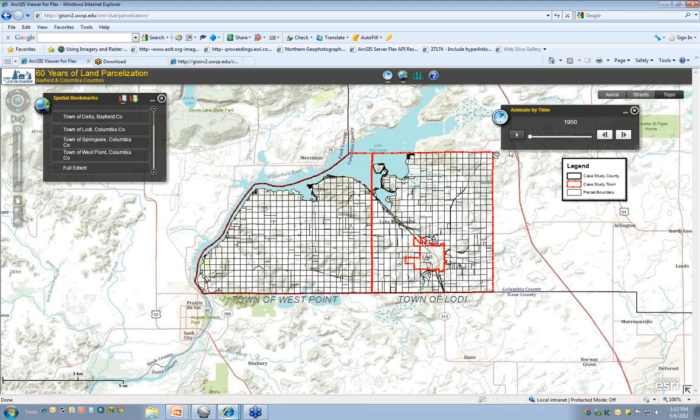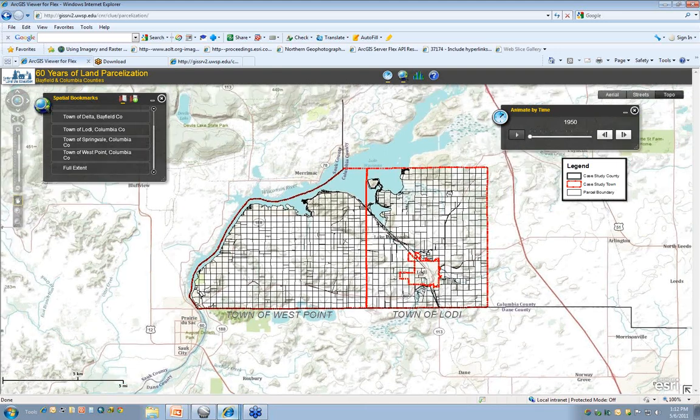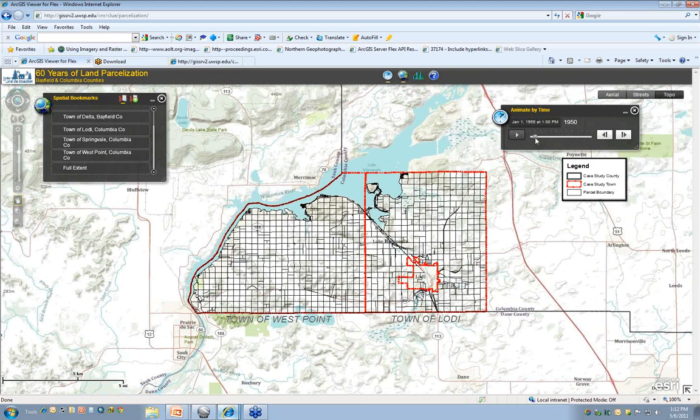And you can see that, again, this took us about a year to generate these parcel lines. If we fast forward or play this, you will see that parcels are popping up over time. And there is a pattern there. And I guess the main point of this is trying to measure spatially the pattern of parcelization, is that